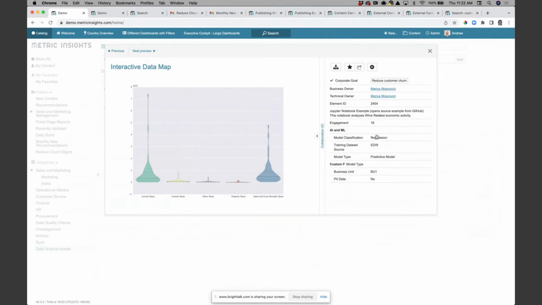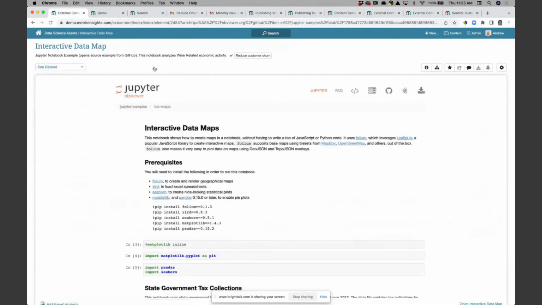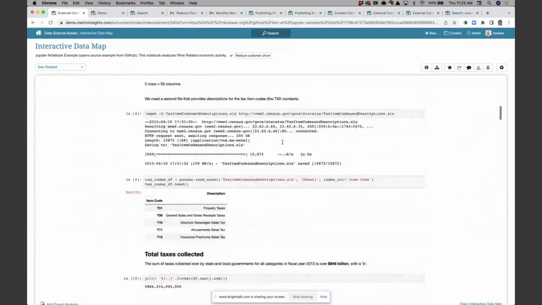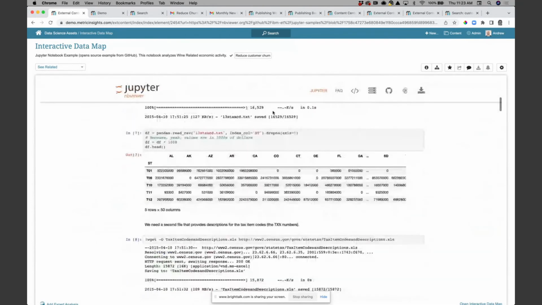It has the necessary categorization around what the model is and what it's trying to achieve, with, again, any custom fields around data classification or sensitive information, anything like that. And again, as a user, I should be able to discover this. I should be able to get access to that particular map in this case, something hosted on GitHub. Again, to the user, I should be able to discover that without having to go out to the underlying tool.